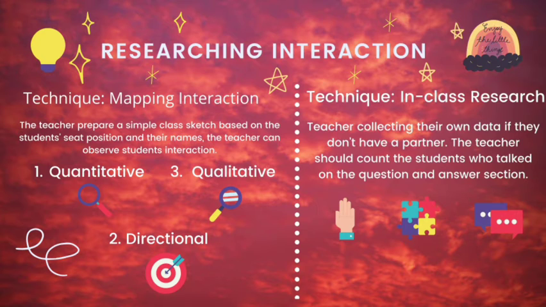Third is qualitative. When students talk, give a number next to the student as a sign. Then write on another paper what the students talk about and also write down a description of how the student spoke, whether it was slow or fast, or some other description about that student.